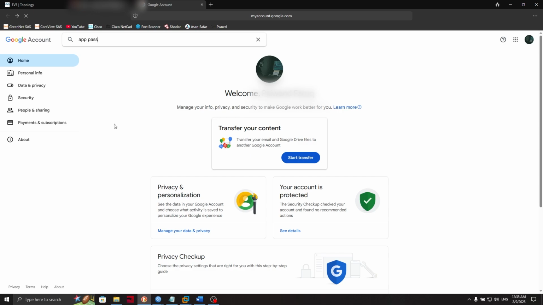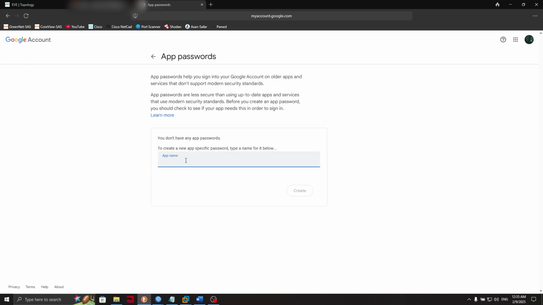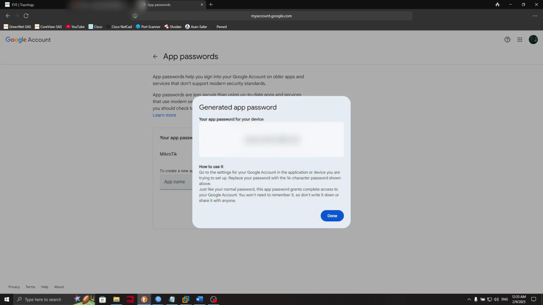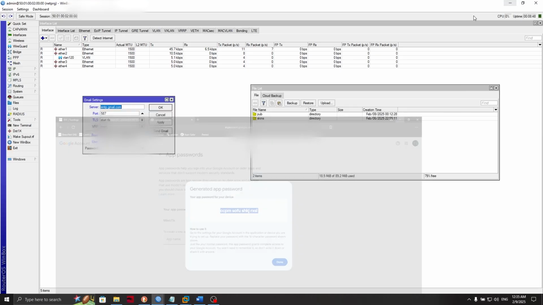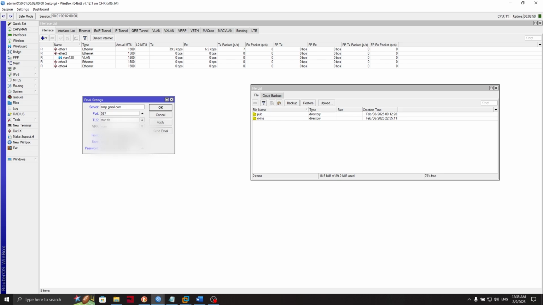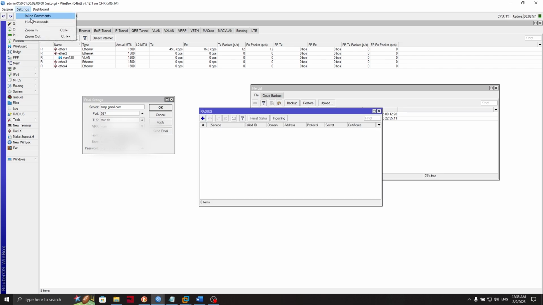So click on it, and give it a name like MikroTik. We give it MikroTik and create one. So it gives you a generated password. Copy it and paste it in the password field. So apply. For testing our work,